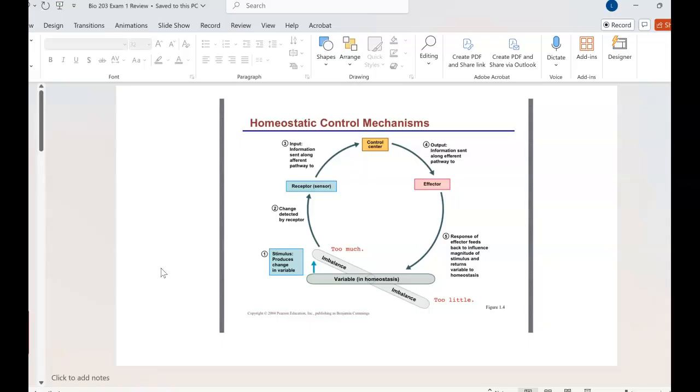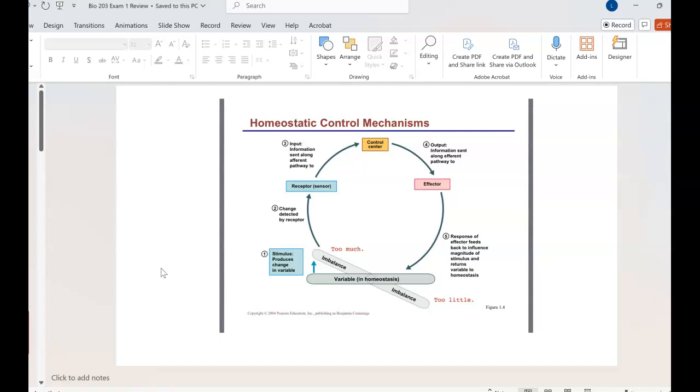We have to have receptors or sensors to sense that change, send it to the control center, and the control center is usually someplace in the brain. And then we need to figure out what to do. And then the control center sends out the orders to the effectors. So for example, in our example of blood pressure, perhaps those effectors are the heart. And so the heart could either lower the heart rate, raise the heart rate, depending on whether or not we needed to lower blood pressure